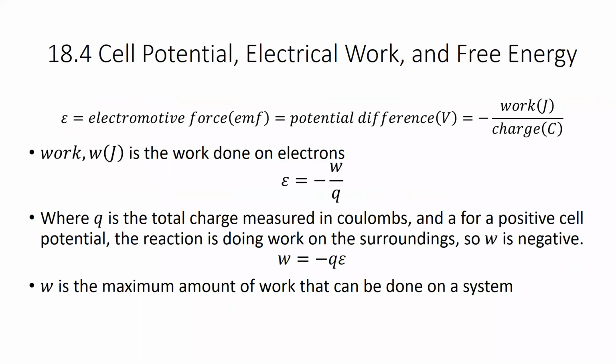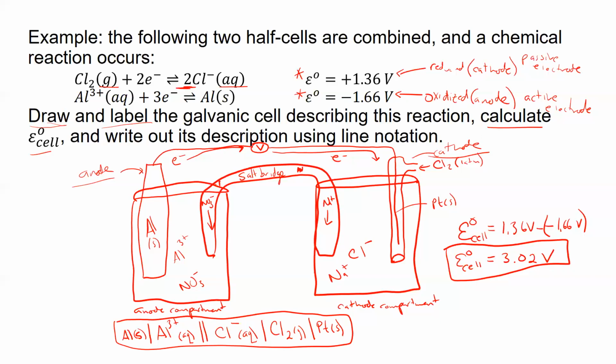And so I think I'm going to end there in section 18.3. We've talked about galvanic cells. Now these reactions, remember, are all spontaneous, and that spontaneous reaction is going to cause electrons to move from one spot to another. When those electrons move, you can utilize that by having them go into a motor or charge a battery or something like that, and then you can utilize that energy later on. What we're going to find is this is going to allow you to do a certain amount of work,